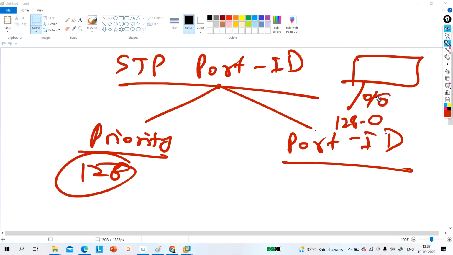128.0, because this is the port number. Okay, so port ID is a combination of two things, priority plus port number. Now suppose